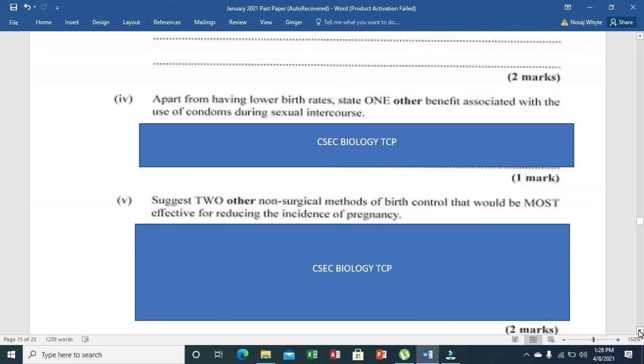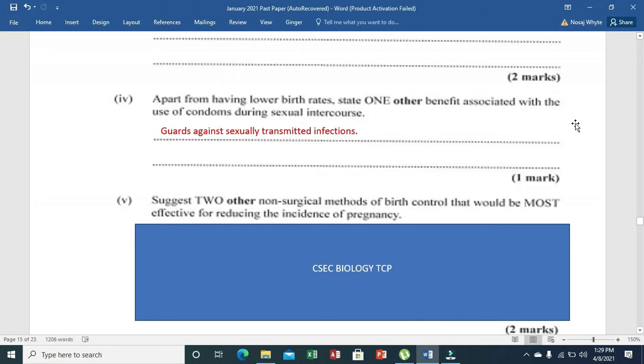Apart from having lower birth rate, state one other benefit associated with the use of condom during sexual intercourse. Now this one is going to be very, very easy for a lot of persons. Let me see how well you did as I unveil. So it guards against sexually transmitted infection. By this, most persons would have known that the condom actually guards against sexually transmitted disease,